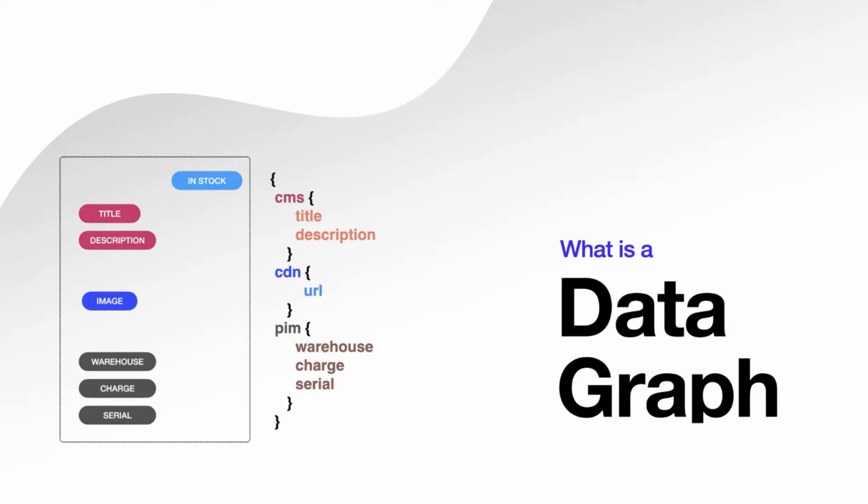So we can say, yeah, I want to grab on my CMS just the title and description. I want the CDN and the URL. I can shape that with GraphQL, and that's really great. But this concept now, I think everybody can agree that this is the ideal way to work with this: I have one API and I can query my content all in context. But that concept, that is the data graph. But the only issue